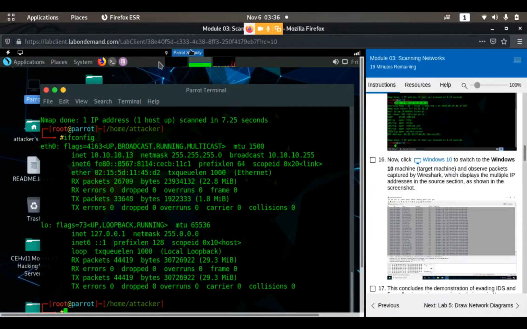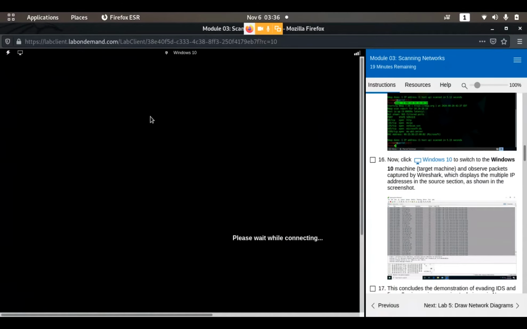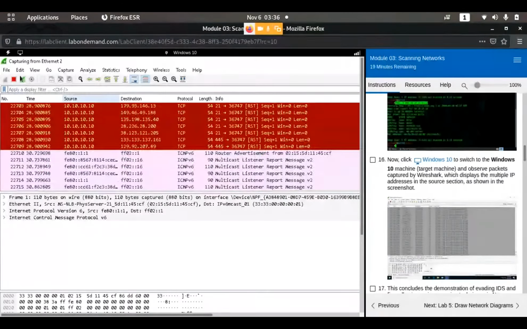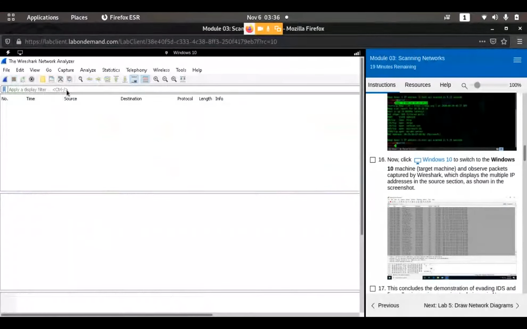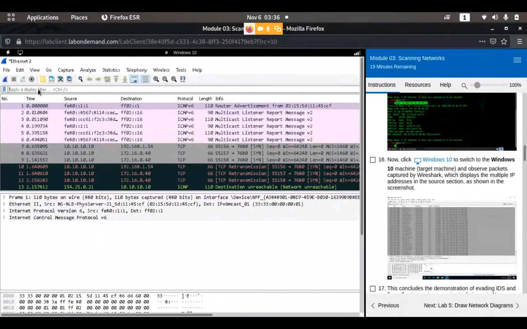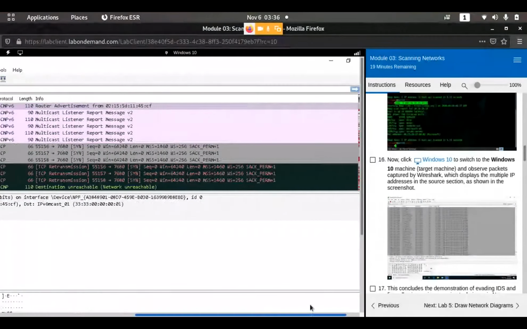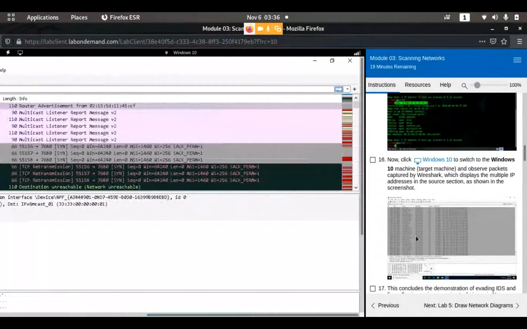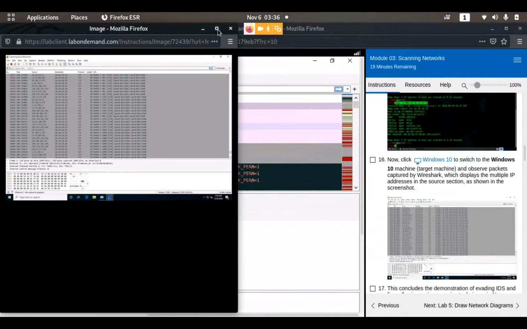Similarly, we can use hping3 as a scanning tool. Generally, hping3 doesn't send ICMP packets. It can be used to bypass a firewall. With hping3, if we scan 10.10.10.10,